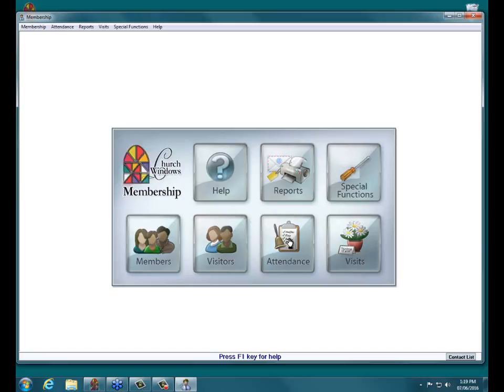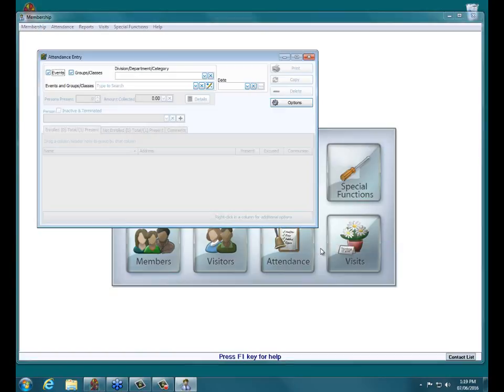And now let me show you how to track attendance for each group and class. After you have everybody entered that you want into here, you can then start tracking attendance for that particular group. So you click on attendance, click on attendance entry,